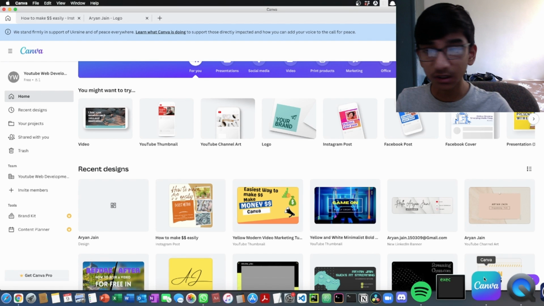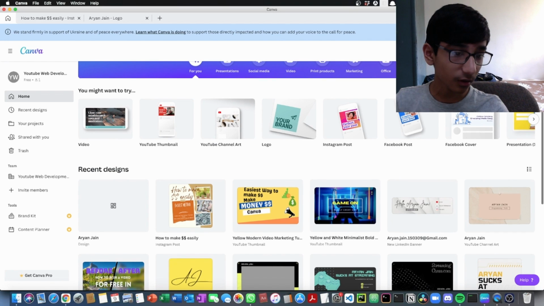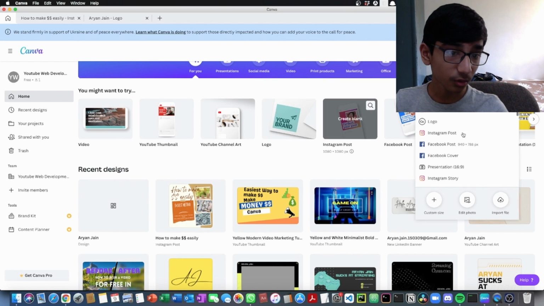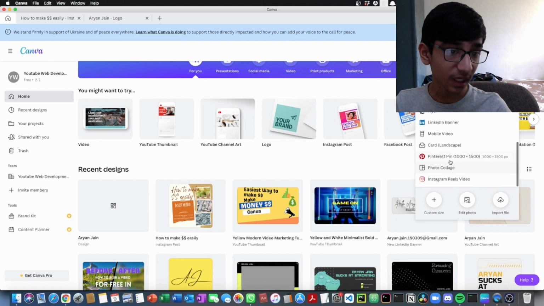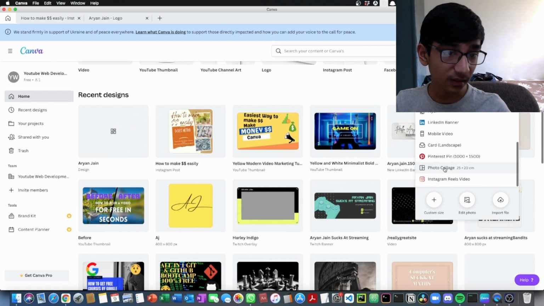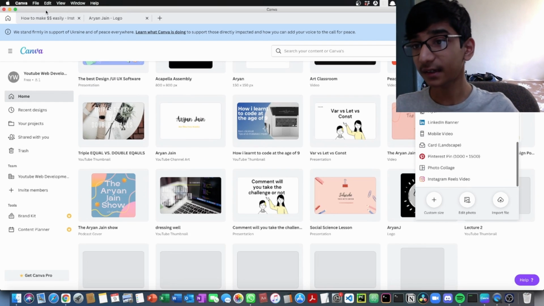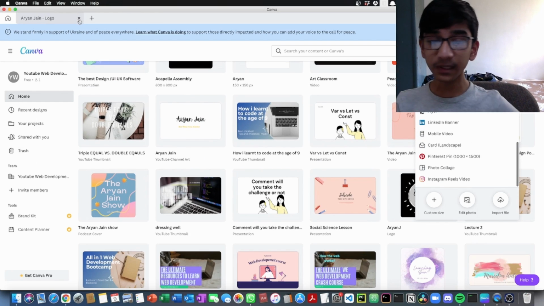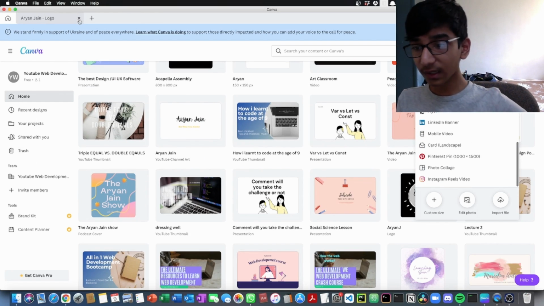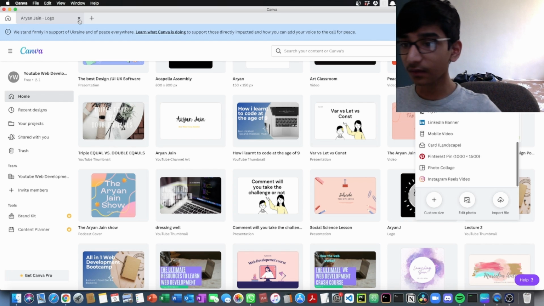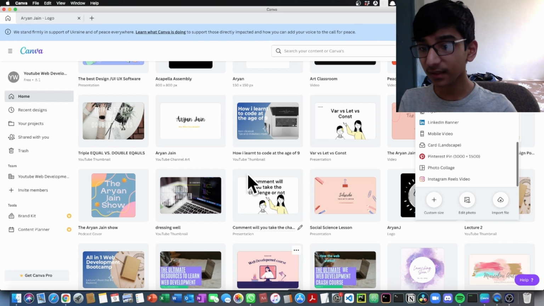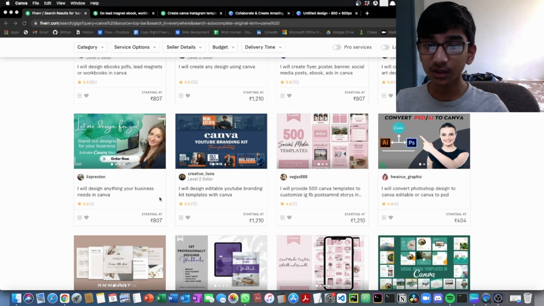You can see whatever you can do: logos, presentations, LinkedIn banners, reels, photo collages, and all these things. Anything related to social media and designing, you can make in Canva, and it's very easy. You can customize things. There are already assets which are given.